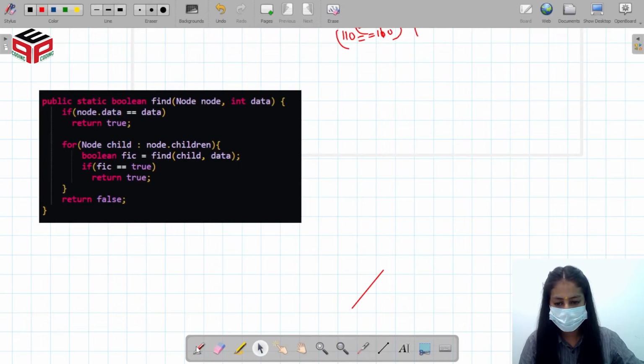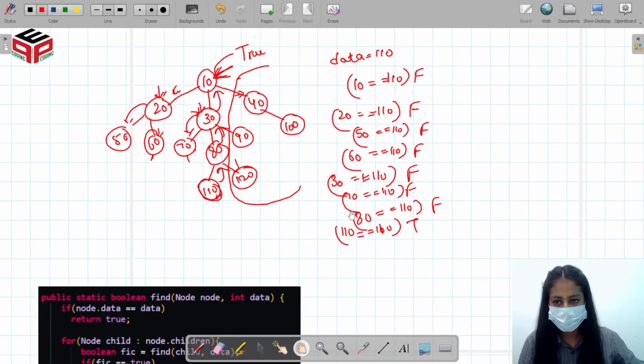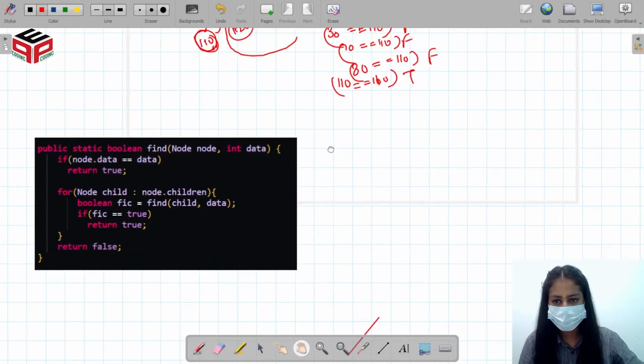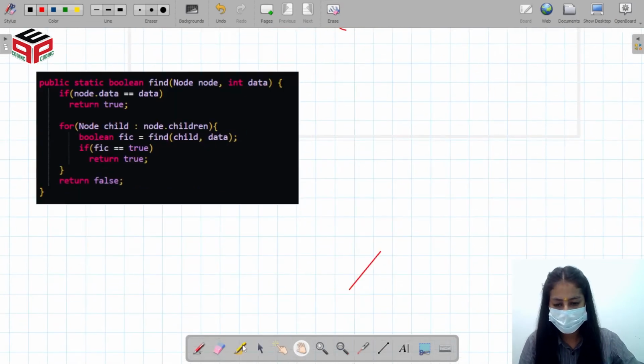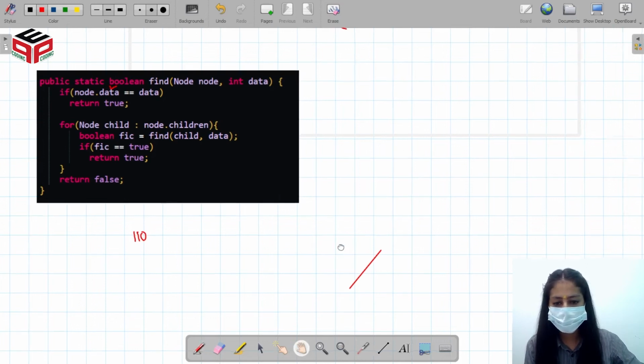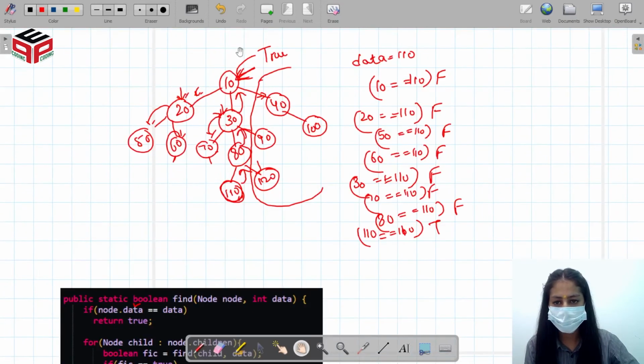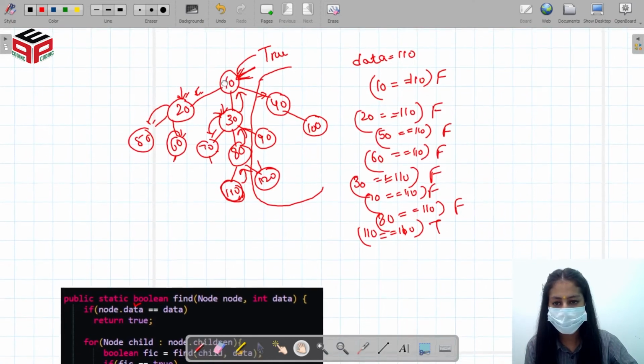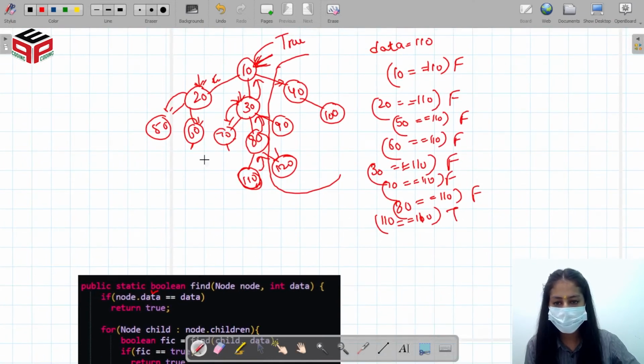So first of all, we pass the node 10 to the function with the value, say 110. First of all, 10 will check if I am equal to the given value. If the answer is true, then it will return true from here only. There is no need to traverse the rest of the children of 10. So if it's equal to the given value, it will return true and it will not traverse the rest of the tree.